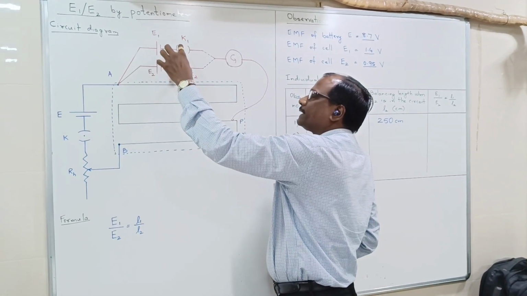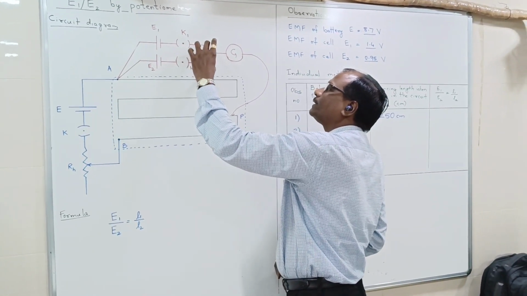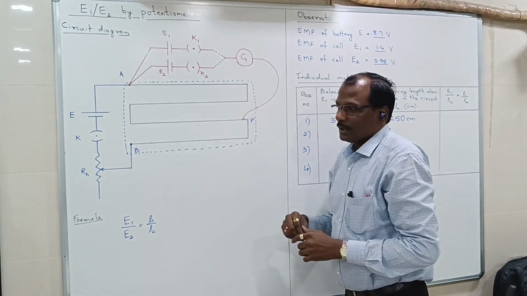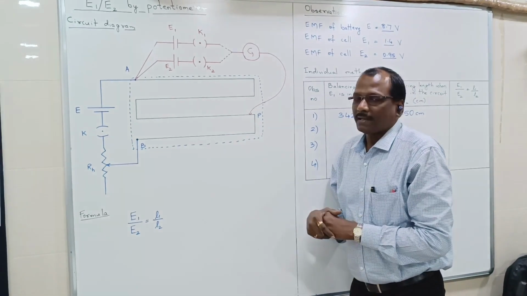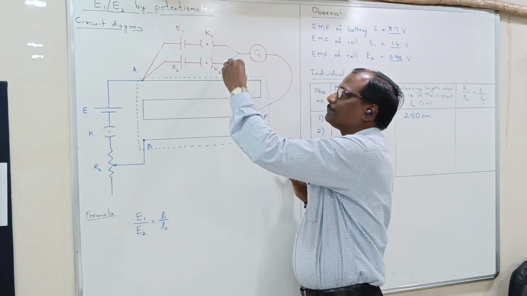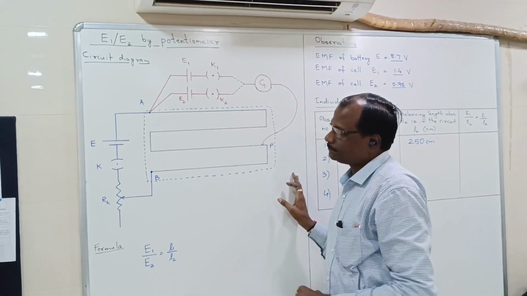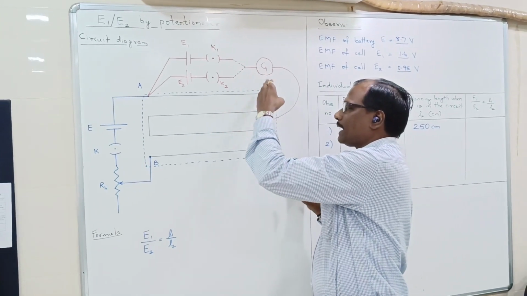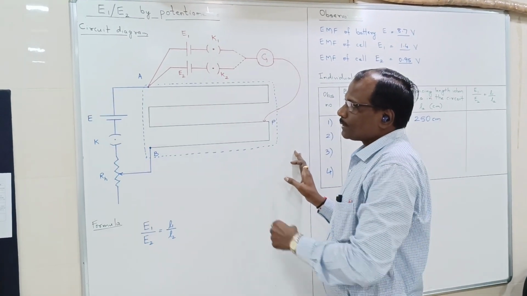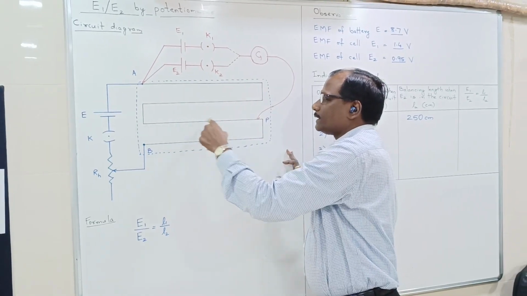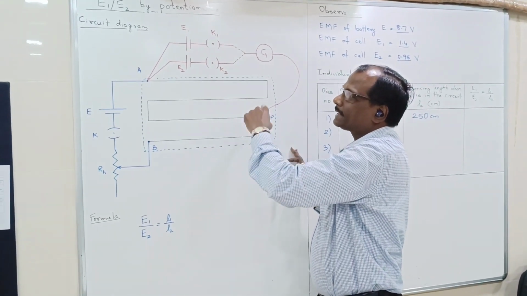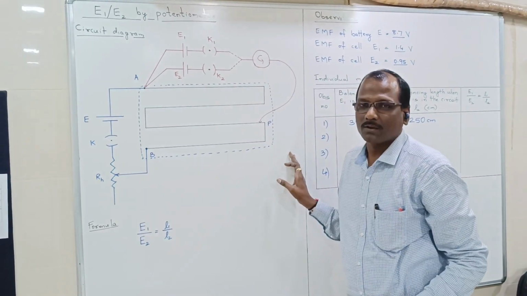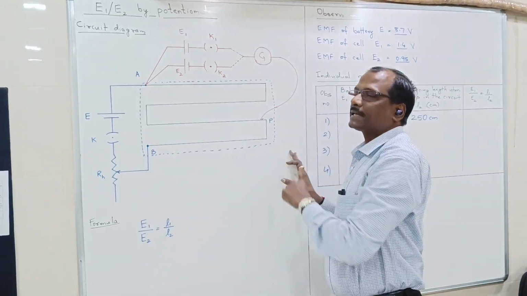The negative of the supply is connected to keys K1 and K2, where in turn one by one we can connect it to the galvanometer, and this galvanometer is further connected with the jockey. Using this jockey we find the balancing length. What do you mean by the balancing length? For example, only K1 is connected, that is the first power supply E1, and for this power supply we will have a balancing length. Balancing length means we find that particular length for which the potential difference is exactly the same as the EMF of this particular power supply. Then only there will be zero deflection in the galvanometer, that is, no current flowing in the galvanometer.